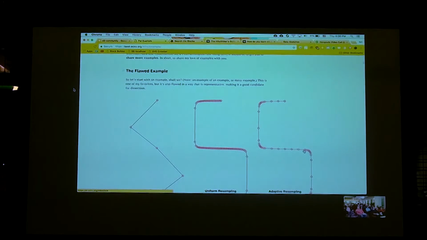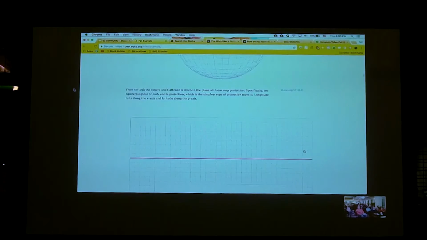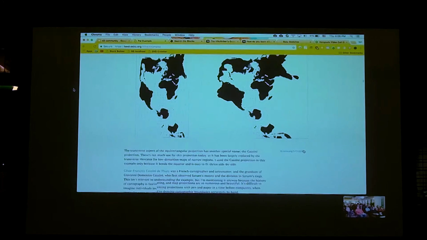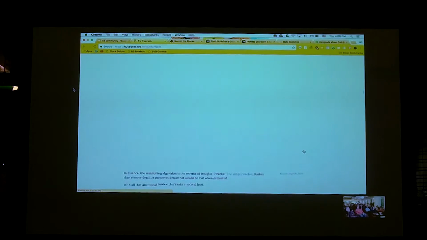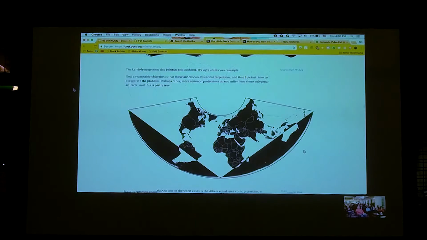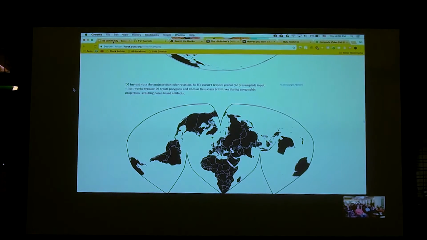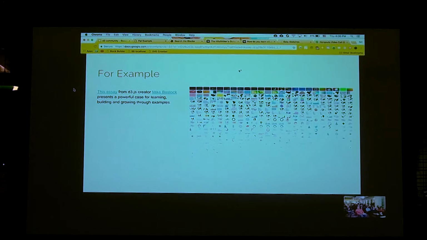I'll just scroll through. We don't have to worry about exactly what he's explaining here, except for that it's a very compelling case for making your own examples, as well as making examples for others. And I think that's what we'll get into next here, is